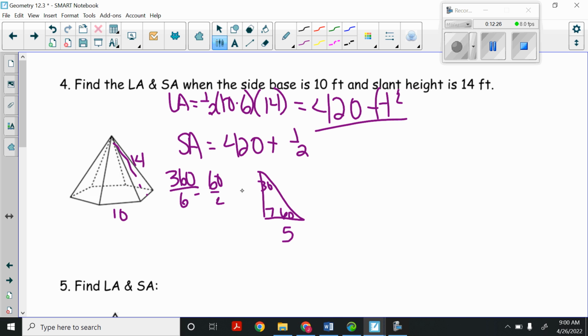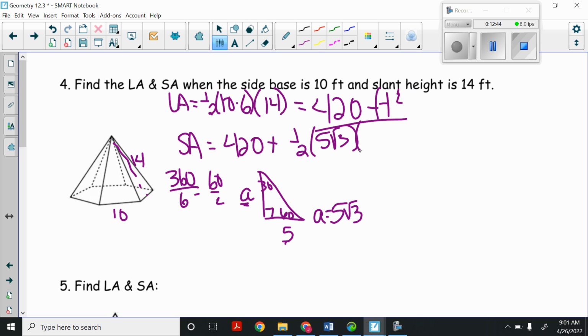I'm looking for my apothem. I can do SOHCAHTOA or I can use my shortcuts. Okay? So I have the short leg across from 30 is 5. I'm looking for my long leg. So my long leg is my short leg times the square root of 3. So my apothem is 5 square roots of 3